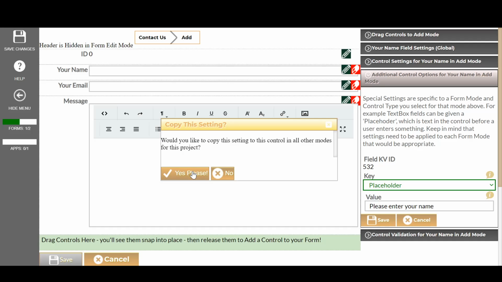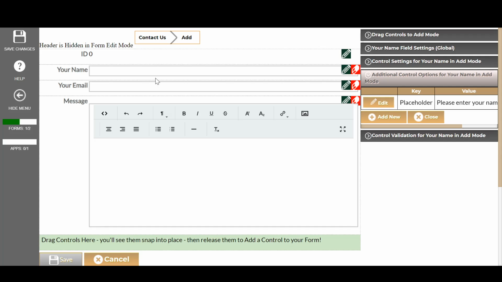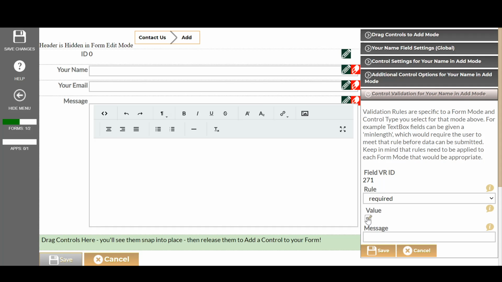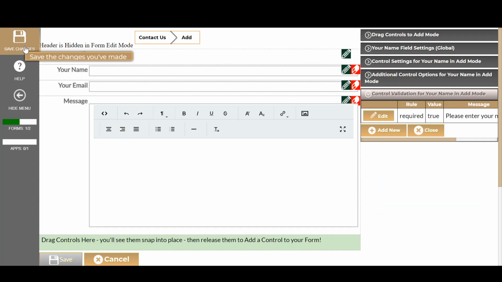Save. Placeholder text is the text that will appear in the box before a user enters anything into it. You'll see what I mean by that in a minute. The next thing I'm going to do is make your name required. And we're going to give a little friendly message to remind the user to please enter their name. So now if I were to save changes